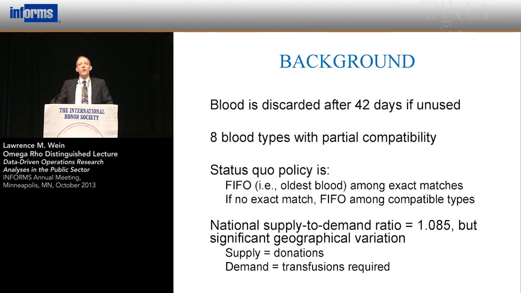So a little more background. Blood is thrown away after 42 days. The current policy is essentially a FIFO policy. Suppose you had a patient with A positive blood type, then what you would do is first look for an exact match, and among all the A positive blood you have, you would give the oldest blood, so it's first in, first out, and if you don't have any of that blood,